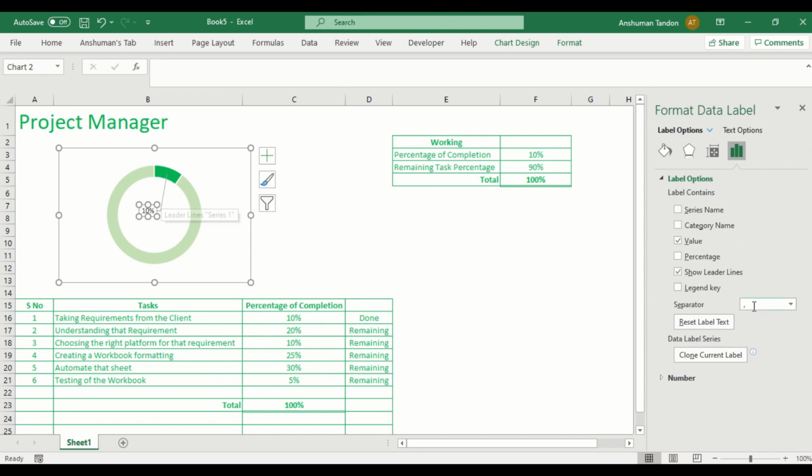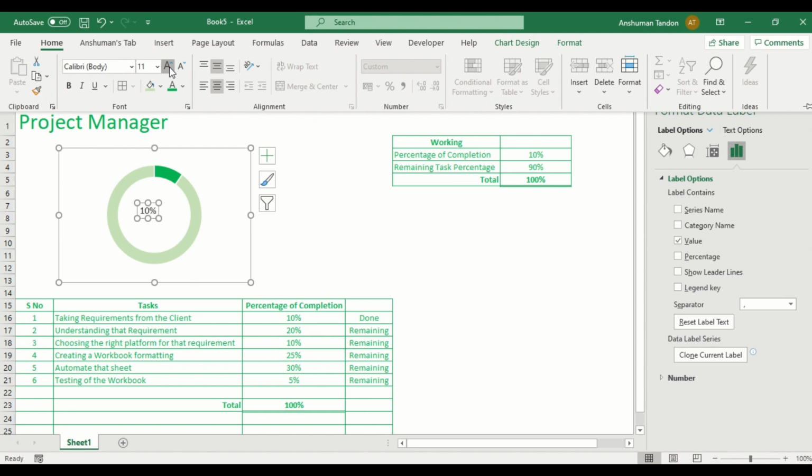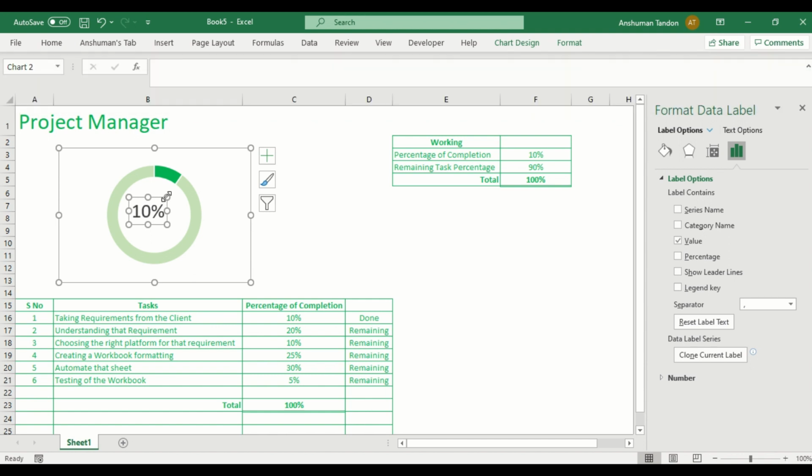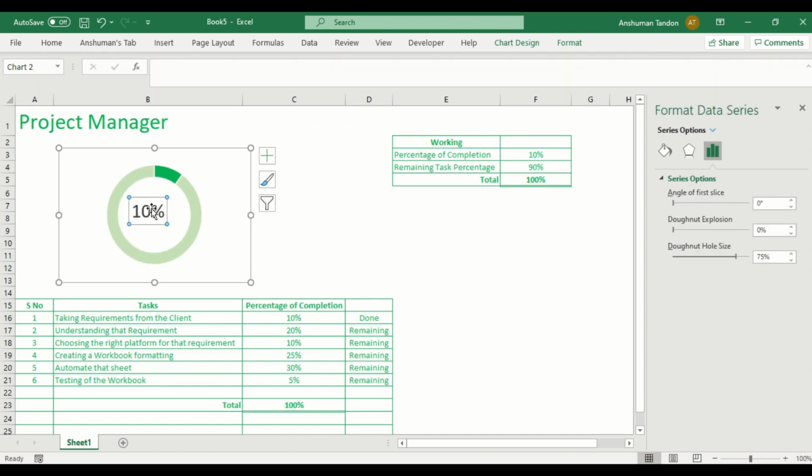Now I remove these leader lines because otherwise this line will come over here. Now what I can do is simply increase the size of this text a little bit. So let's say if I make it 24, I can put it into the middle of the chart.